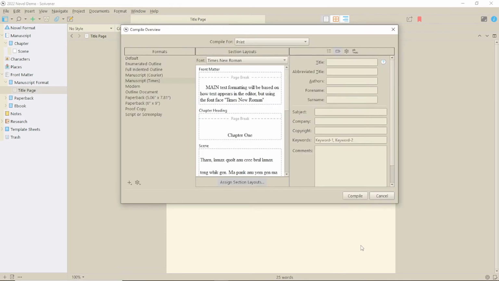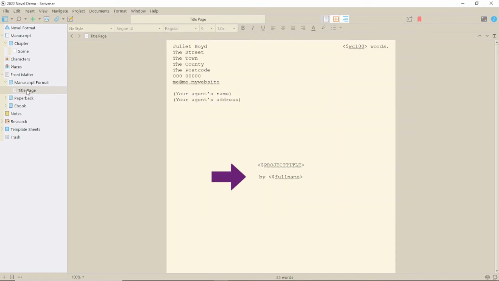Now, just as a side note, not all author information is taken from here. Sometimes it comes from the compile screen. This can be confusing. This manuscript template uses both, but if you have the author information filled out, you'll clearly be able to see what's what. But you do need this filled out before you create any projects that will need to use these details, or you'll have to type them in manually.